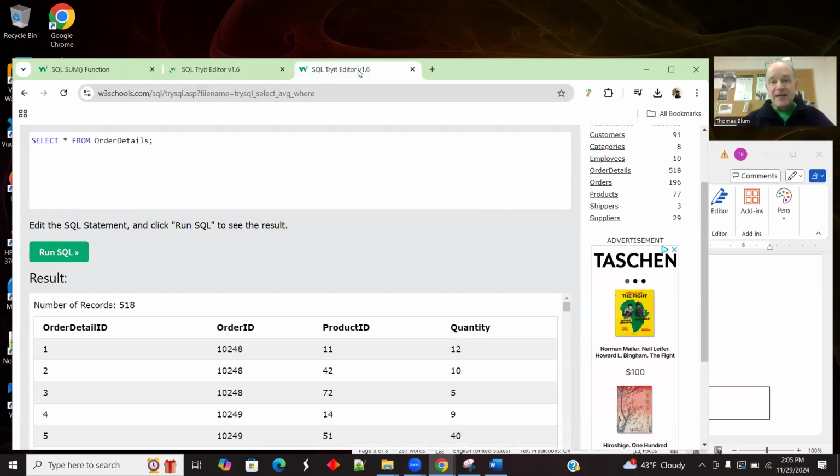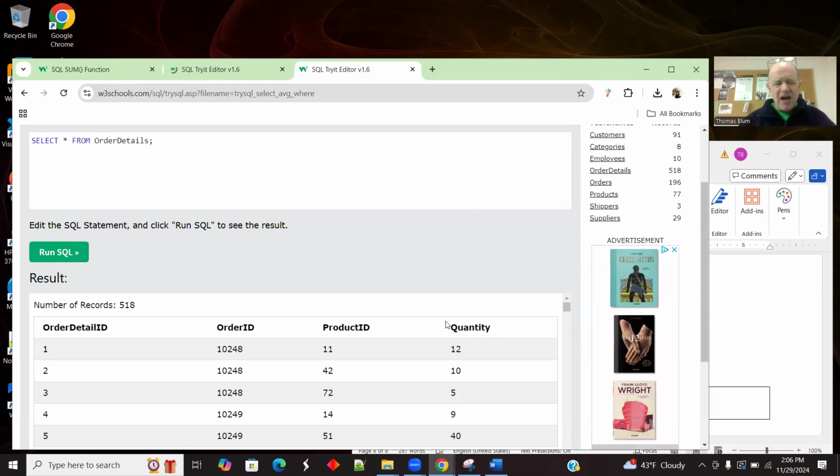So we're in the order details. We need to sum or average or min or max. We need some kind of numerical field, and there aren't many in this database. But one of them was the price in the products, and we played all around with that with min and max and average. And one of the other ones is quantity, and that's over here in order details. So we're going to be playing more with that, with quantity, and then we'll bring in price and quantity